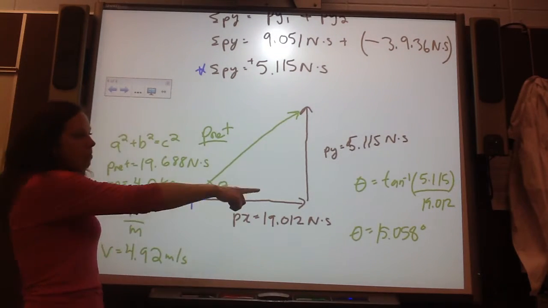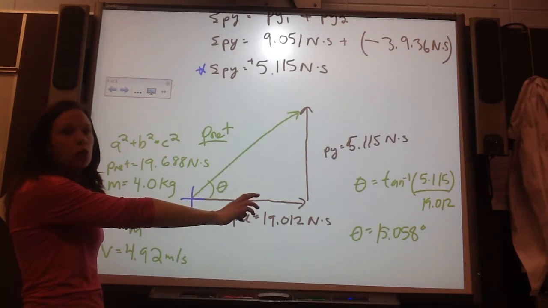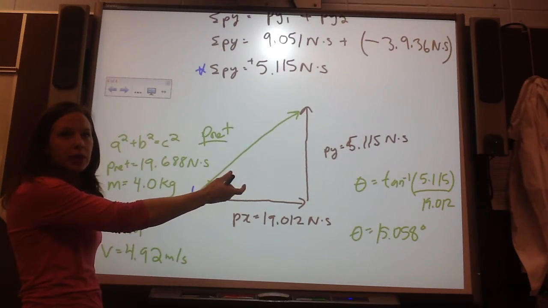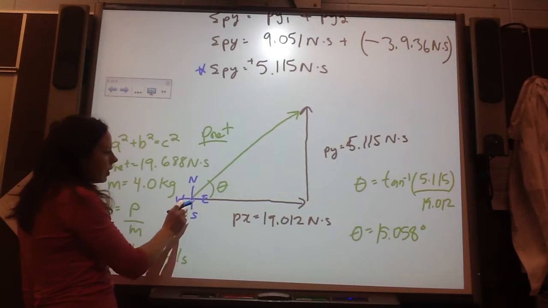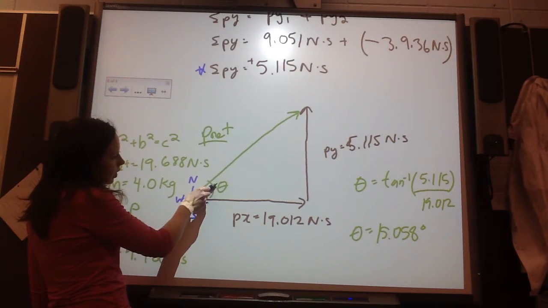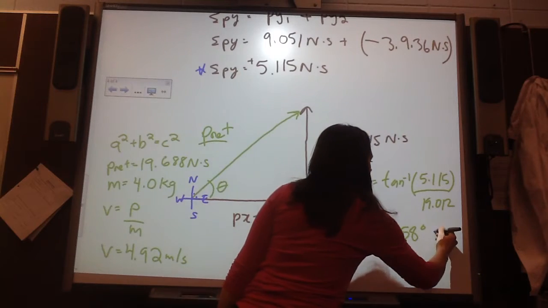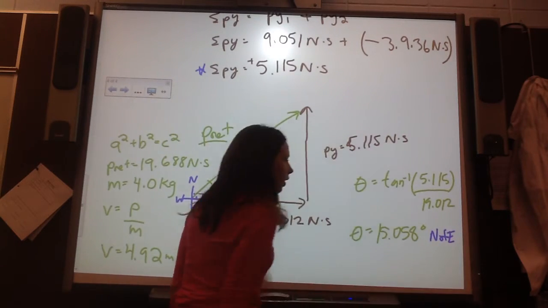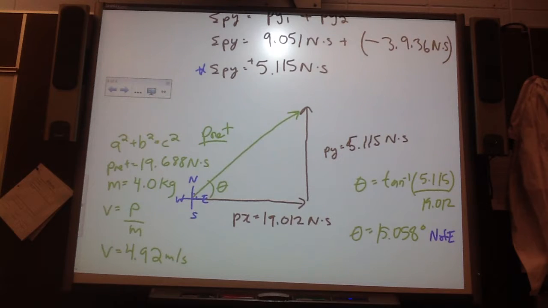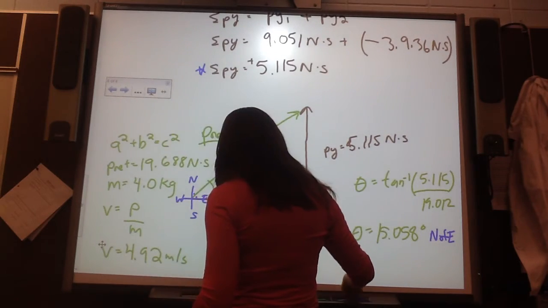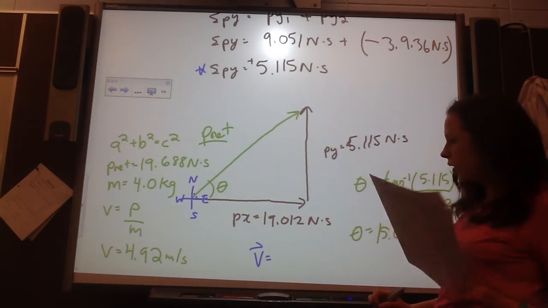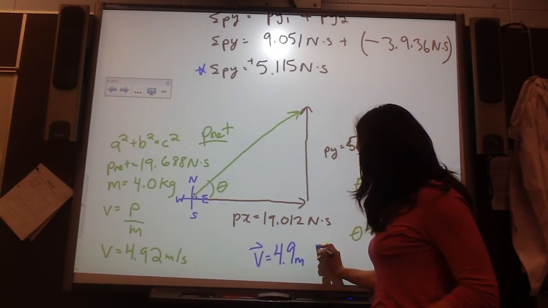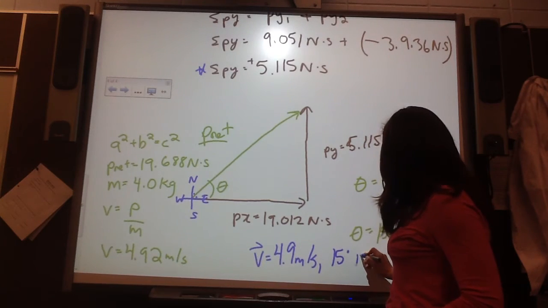You would have 90 minus that, right? Oh no, do you? Or would it just be the flipped direction? Yeah, okay. So if we're at east and we went north of it, this is north of east. So now let's put it into sig digs and put our whole answer together. So our final answer is, and this is what, two sig digs? So 4.9 meters per second at 15 degrees north of